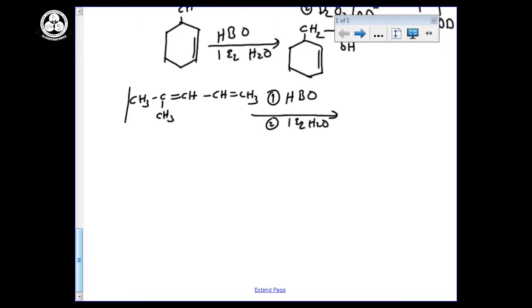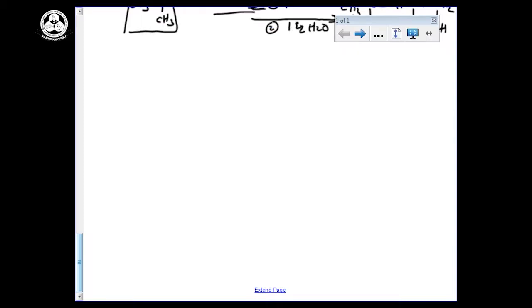For this double bonded carbon atom, next there is a bulky group, but here there is no bulky group. So where the steric factors are less, there only we are going to attack our water molecule. So the answer is CH, sorry, this is not CH3, CH2. So anti-Markovnikov rule we are following. Hydrogen we want to add here and OH will be here. This is hydroboration oxidation.